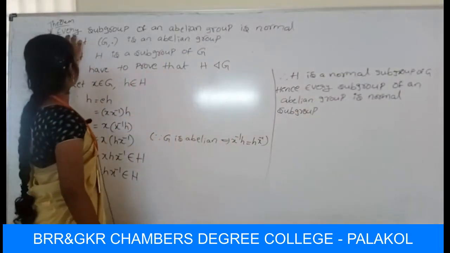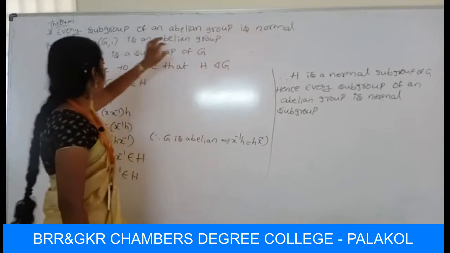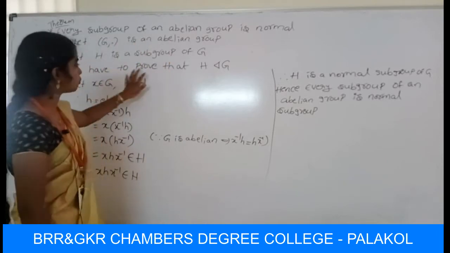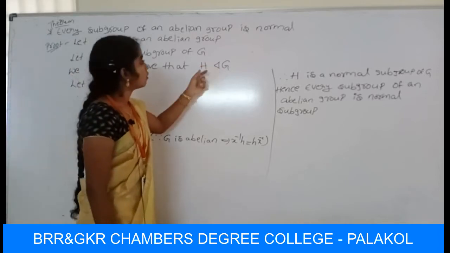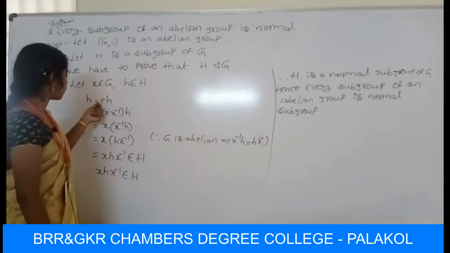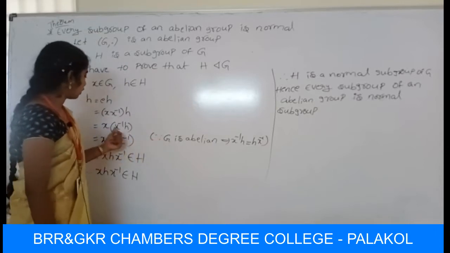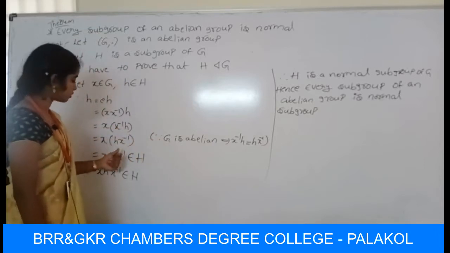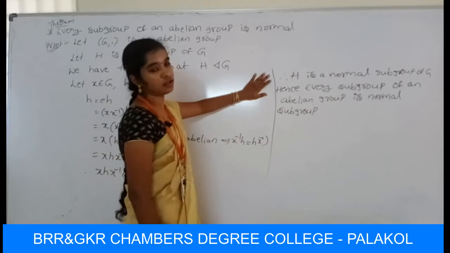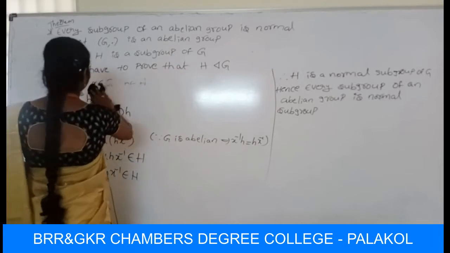First of all, it is already given that G is an abelian group, and we have to prove that H is a normal subgroup. H is a subgroup of Z, and G, dot is an abelian group. So H equals EH, and E can be written as X X inverse. Changing the brackets, since Z is abelian, X inverse H can be written as H into X inverse. So X inverse belongs to H, which means H is a normal subgroup of Z. Therefore every subgroup of an abelian group is normal. So we have completed this theorem. Next.